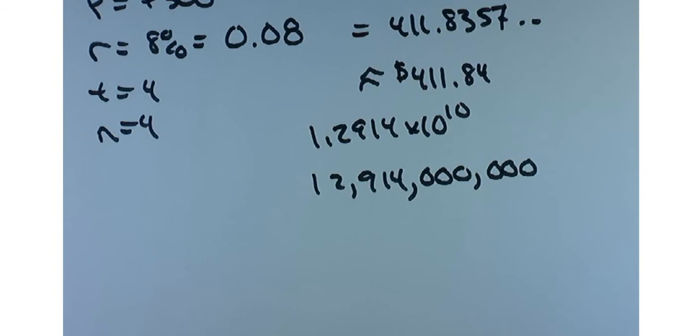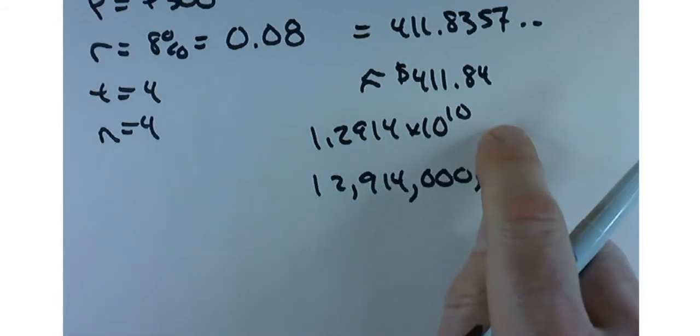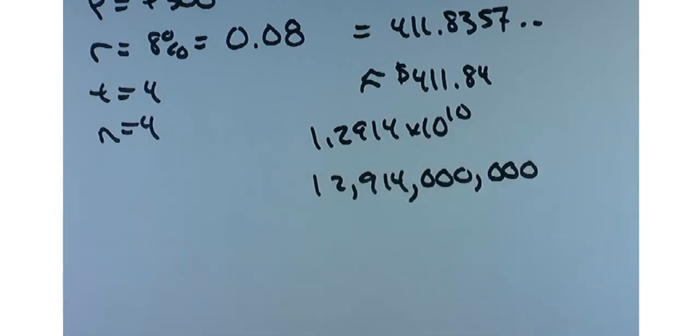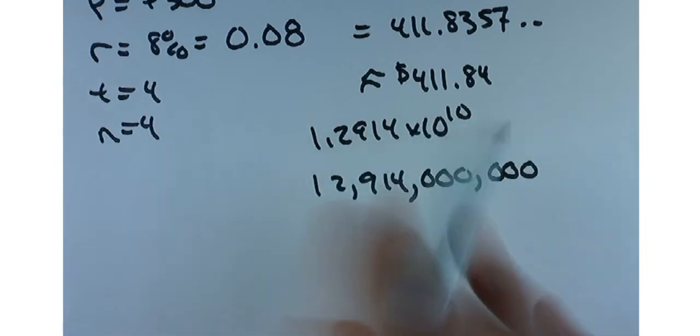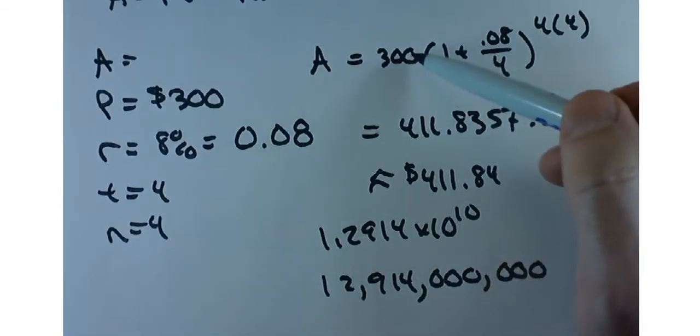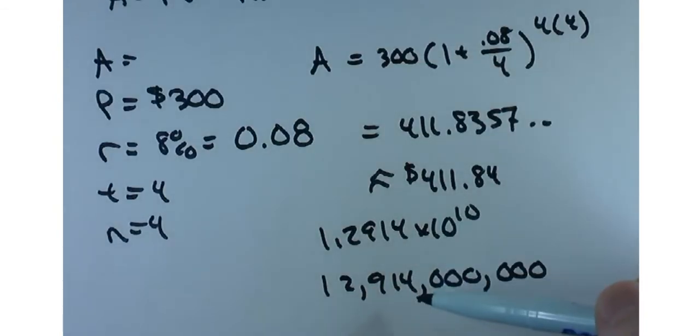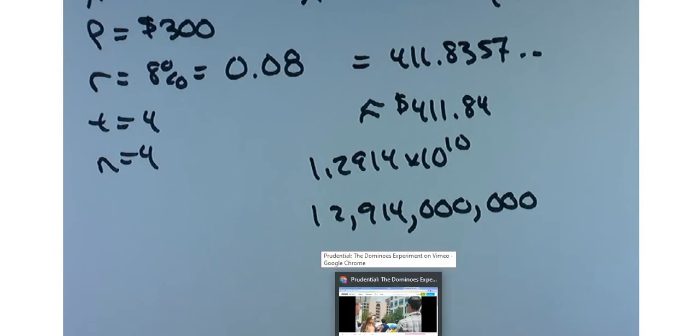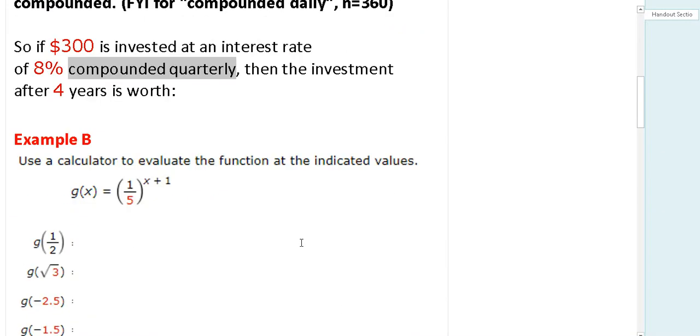In any case, hopefully, if you see something like this, you go, well, something looks a little wrong. Okay, because it happens all the time. But it's not very likely you're going to start out with $300 and end up with $13 billion. Okay, so that's an example of exponential growth. Let's look back and see some more things.